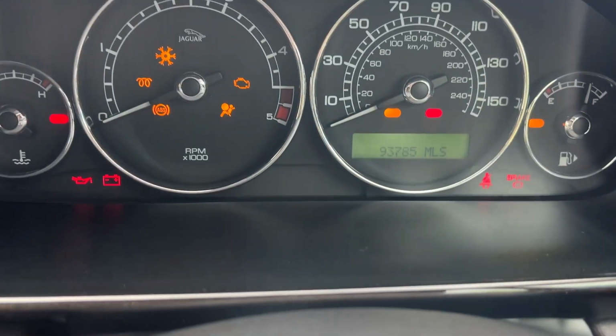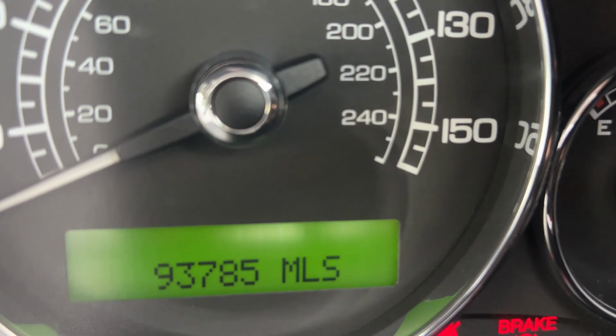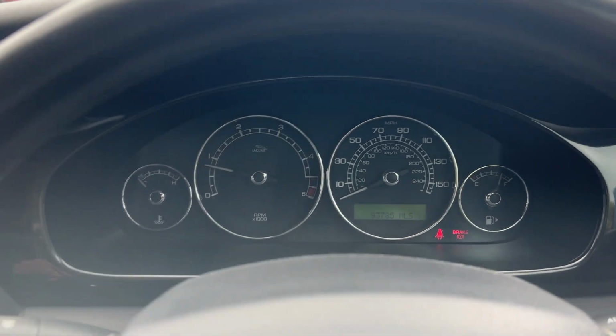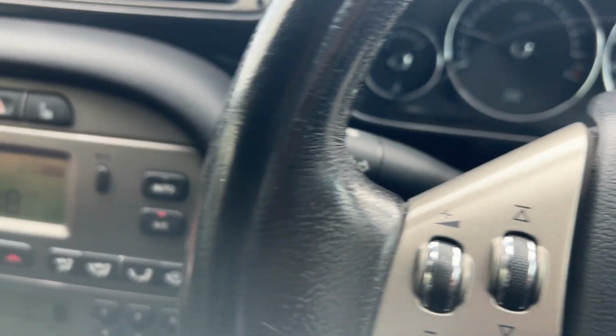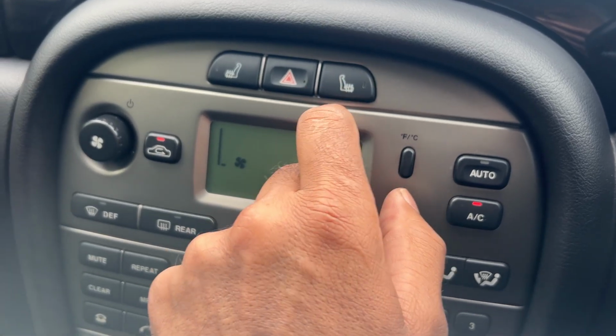Mileage of 93,785. That's what it's done. 93,785. The last owner bought it 12 years ago, so they've actually loved the car. And they had a Jaguar before that which I sold them, which they had for a number of years, so they do like Jaguars. Heated front seats,